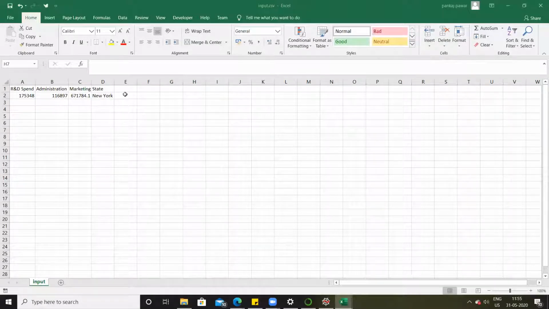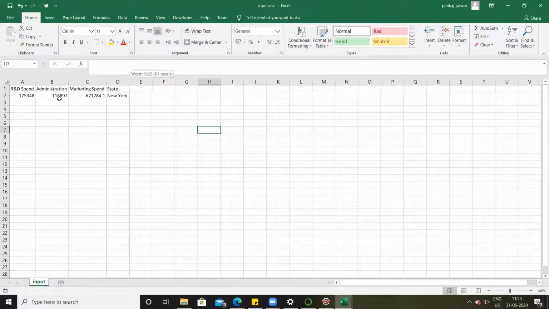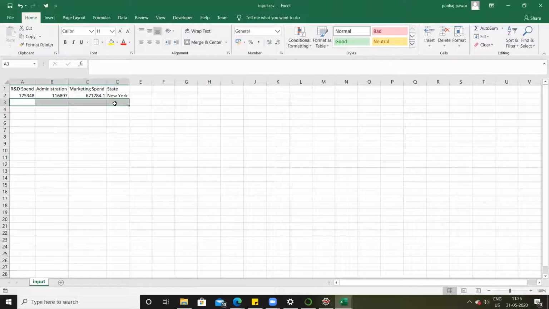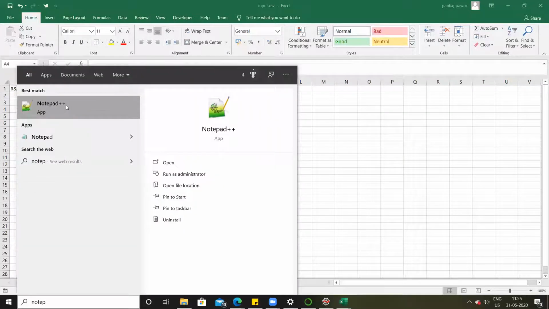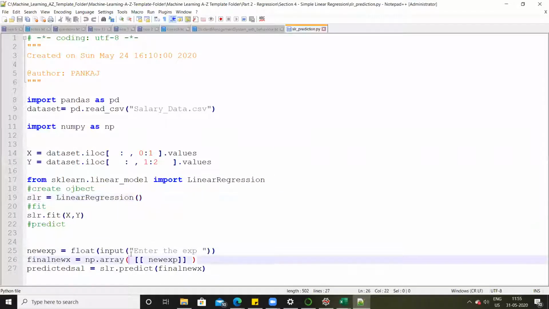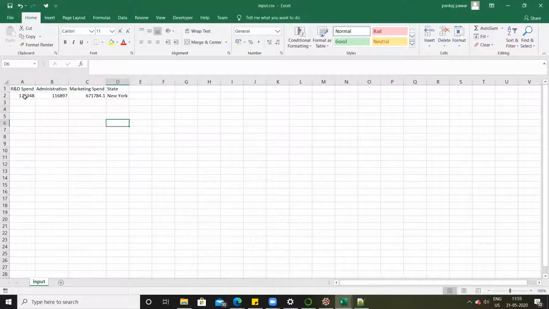What is the advantage of this? I can provide multiple companies' information at a time, right? So you can have one more row here with some numbers and with some other state. You can have one more row of another company whose profit we want to predict. Is this step clear, guys? What is the other technique? One is the technique where we are asking the user to enter the data directly from the console using the input function of Python. Right? And the second technique is just to create a new Excel file whose structure is similar to the structure of variable X.